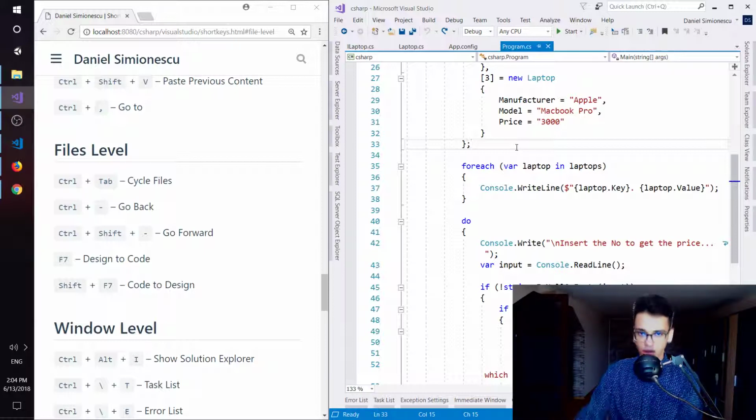So you have 2 files, and the actual class is kind of a partial class. So the code behind represents a partial class, and even the XAML code, so the design, is actually another class,